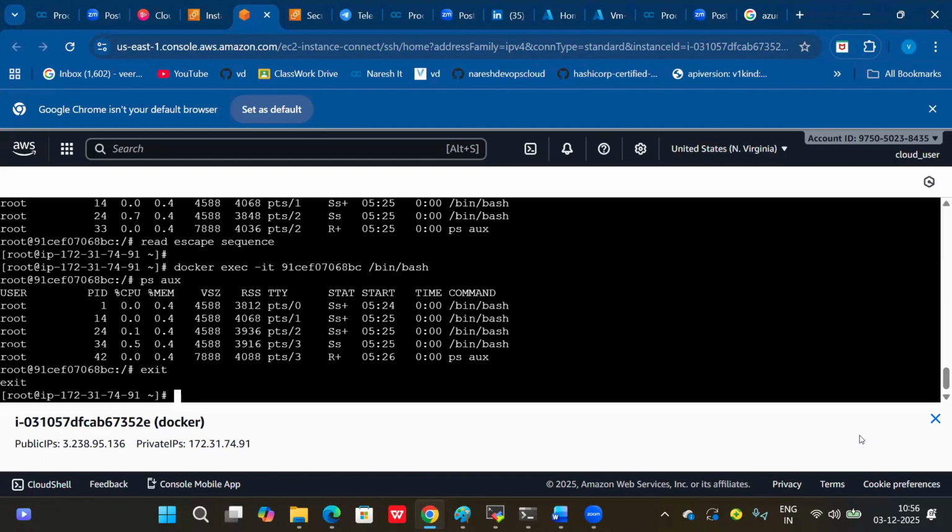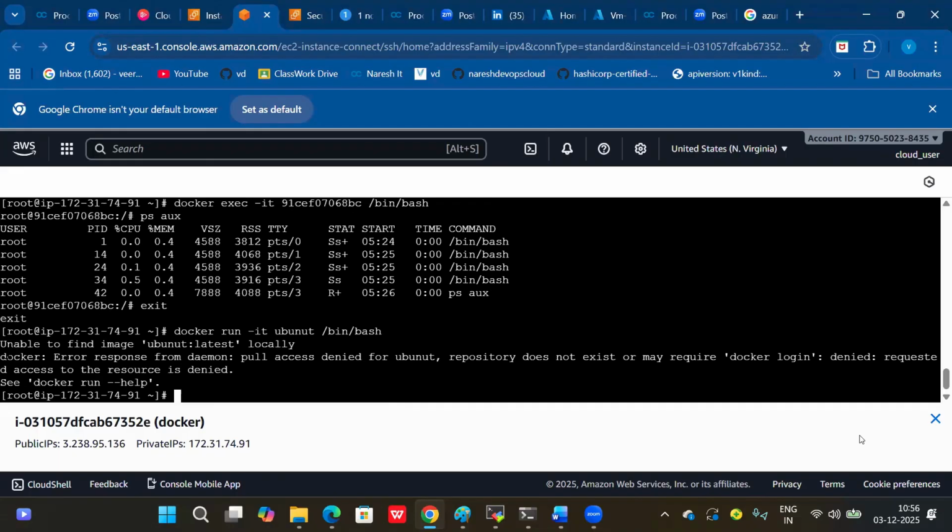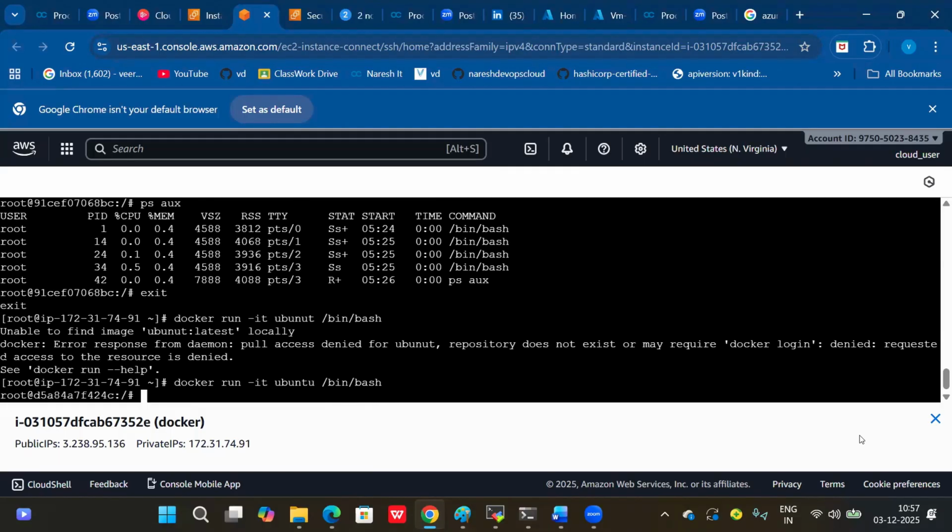Okay. Now, second question to you. Docker run -it Ubuntu. I'm running an Ubuntu container again. So definitely we have to pass this argument here. When you give run -it, interact to terminal, you have to pass on which terminal you want to interact. Bin bash. Yeah, spelling wrong. Ubuntu. You have entered inside the container, right? Now guys, how many containers are running as of now? One only, right? Now if I give exit from here,